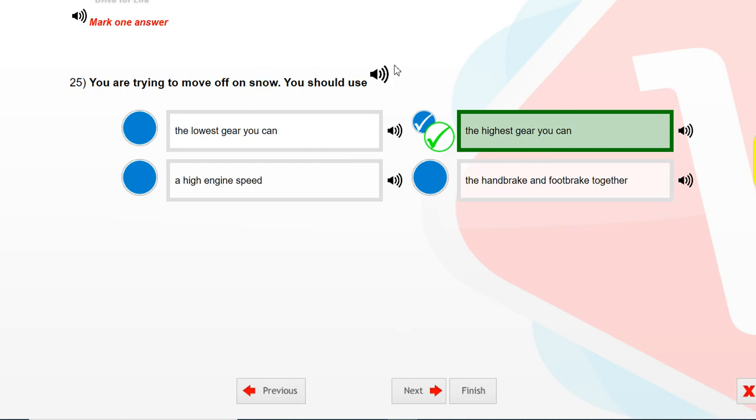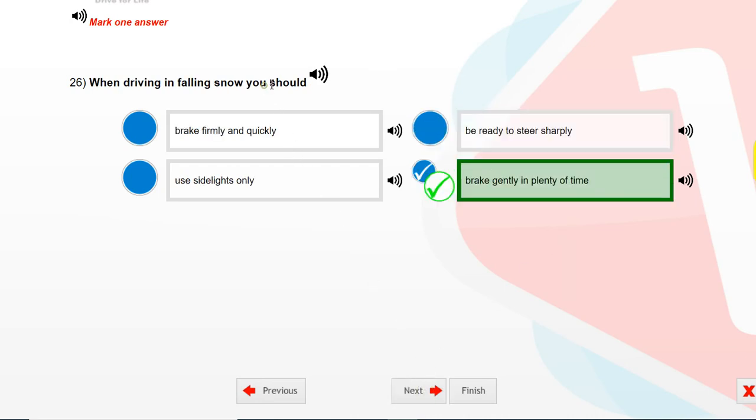You are trying to move off on snow. You should use. Select one answer. The highest gear you can. When driving in falling snow, you should. Select one answer.